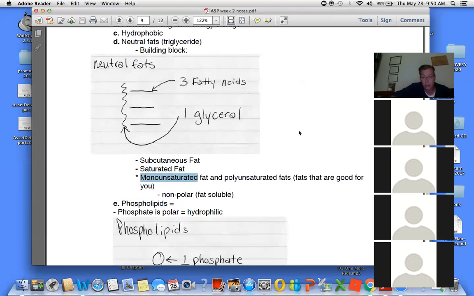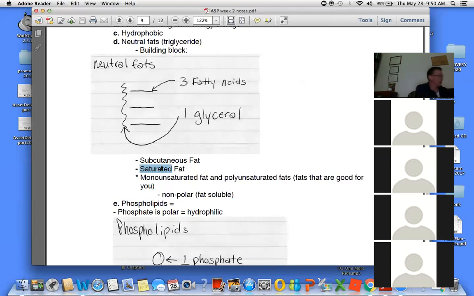Some fats are good for you. If they happen to have a double bond in them, we say that they're monounsaturated, like olive oil, better for you. Coconut oil is terrible for you. It has a lot of what we call saturated fat. And a picture of saturated fat is shown in,